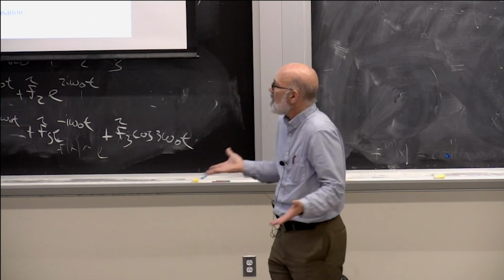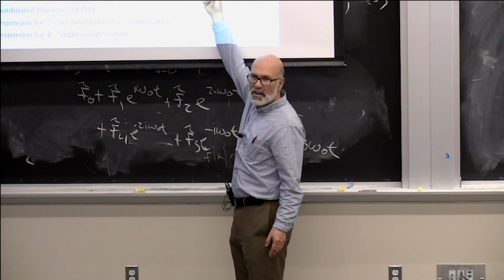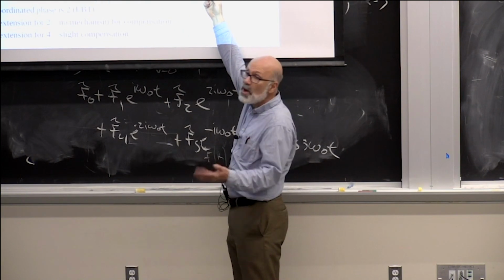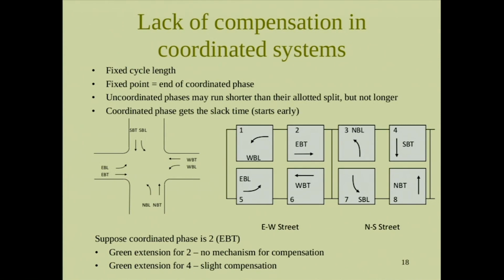And compensating would be easy. It would be, say, let's let 7 run for its full scheduled time, unless it gaps out. I mean, if it gaps out, if there's no traffic, don't. And allow 6 to start late, because 6 got some extra time. It probably doesn't need its full amount. But we don't do that.